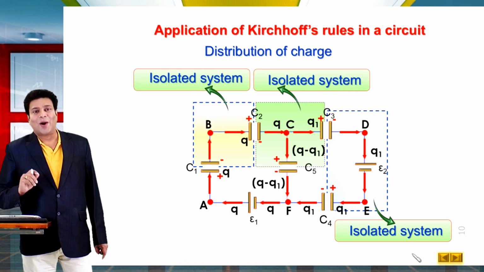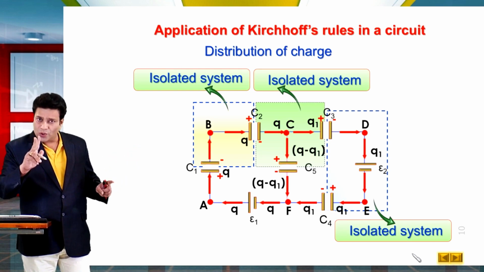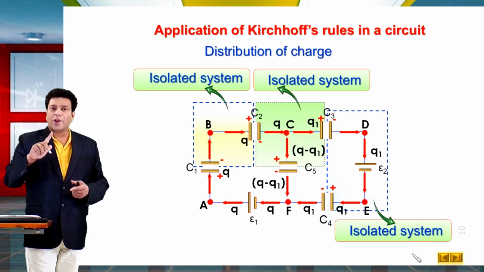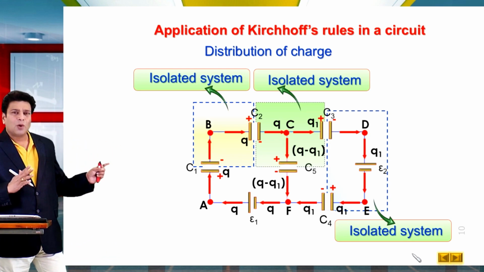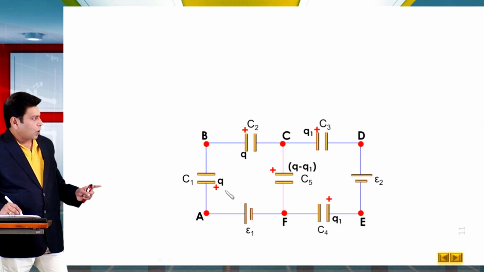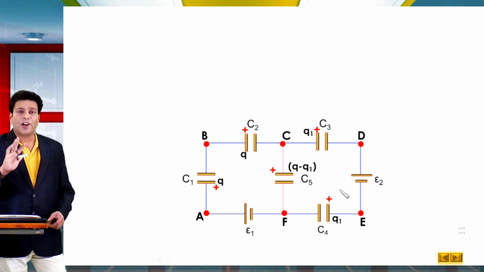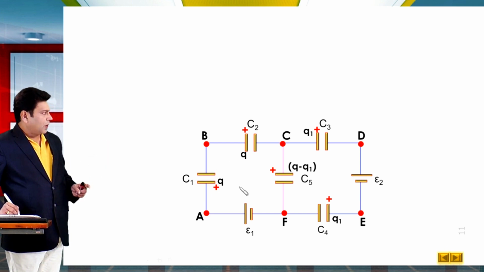Now, we will learn how to distribute the charge. Now, we can observe here we have the two unknowns Q and Q1. For getting these two unknowns, we require two equations. For forming the two equations, we have the loop rules. So, let us make this diagram again, and we can observe here there are three closed loops. One is this, second is this, and third closed loop is this. That means we have the sufficient opportunity to forming two equations. So, let us make this loop first.